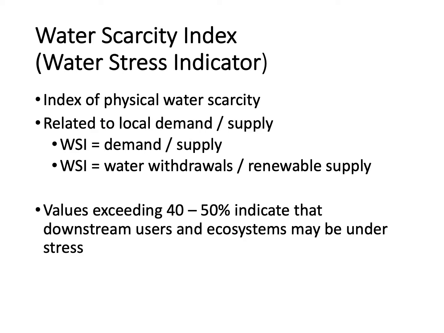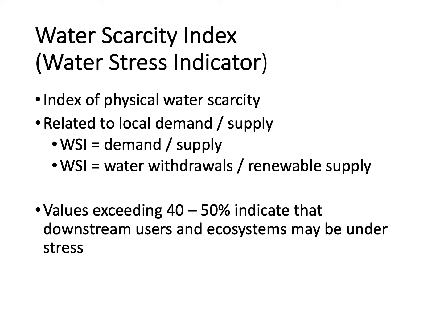So how can we measure water scarcity? There is a water scarcity index which measures the pressure on water resources and can readily apply to multiple watersheds. The index calculates the ratio of annual water withdrawals to annual runoff. Watersheds where withdrawals are less than 20% of supply, that is a ratio of less than 0.2, have low or no water stress. Watersheds with a ratio between 0.2 and 0.4 have medium stress. And watersheds where withdrawals are greater than 40% of supply, that is a ratio of greater than 0.4, have high